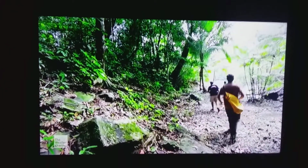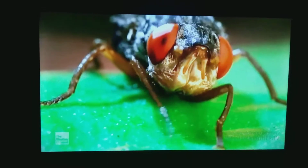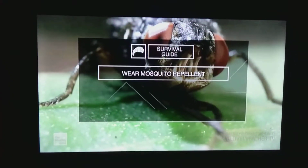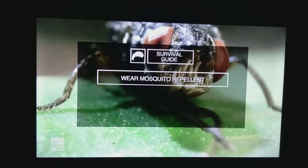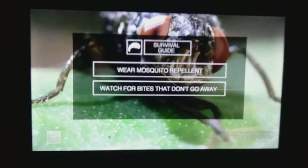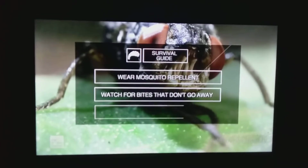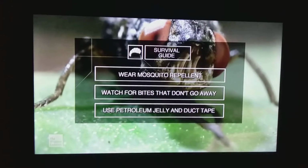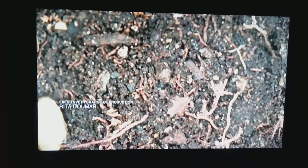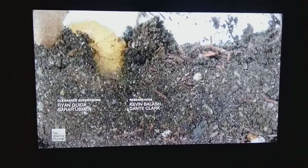If you're traveling to the tropics of Central America and don't want to even start with this nasty breed of bug, remember, wear mosquito repellent. That's how a botfly infestation starts. Keep an eye on mosquito bites that don't go away in a few days. If you see the larva moving around under your skin, try the petroleum jelly and duct tape trick. Bottom line, you can relax. The botfly will eventually emerge on its own in 6 to 8 weeks. But with something like this inside you, do you really want to wait that long? Oh my